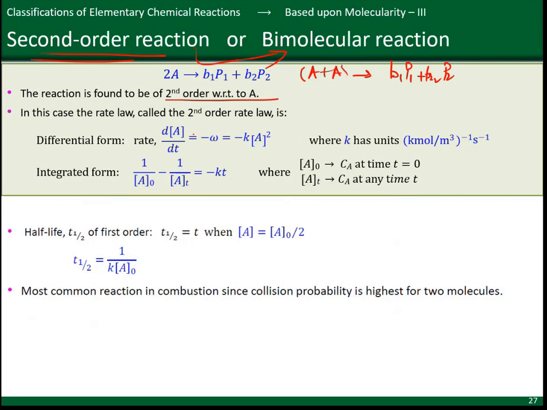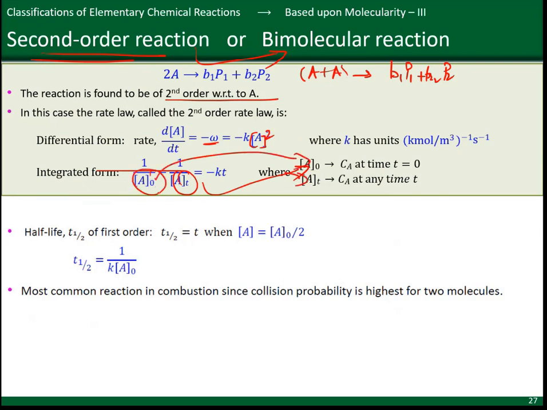And of course, when you write it in differential form, the rate of change of concentration of A with respect to time, dA by dt, is going to be equal to the reaction rate again. But this now is equal to the rate constant times the concentration of the reactants raised to its stoichiometric coefficient, which is A squared, right? And again, when you integrate it, you get 1 by A at time t minus 1 by A naught is equal to k t, where A at time t is simply the concentration at any time t,